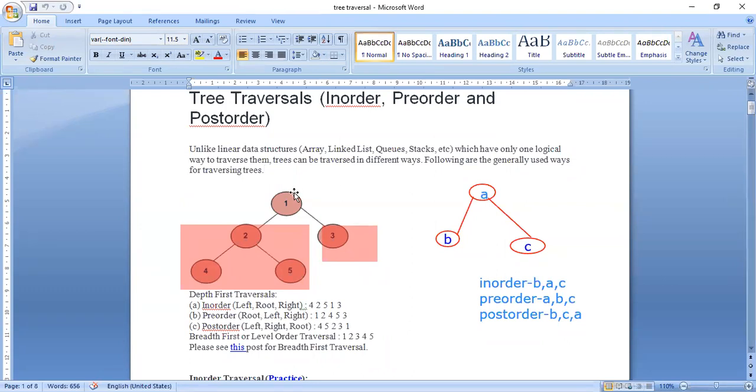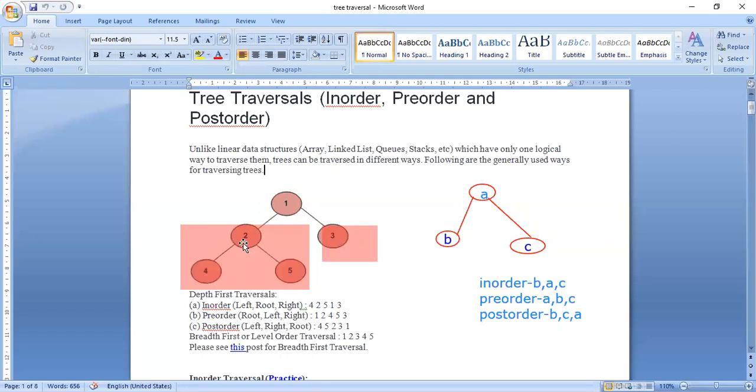Pre-order means first I will print the root or parent node. What is the root of the parent node? 1 is the root. So you can see here. Next, the left subtree. In this left subtree, again I will visit the nodes in pre-order manner. At a time I can't visit all the nodes in the left subtree, so I should have an order for visiting them.